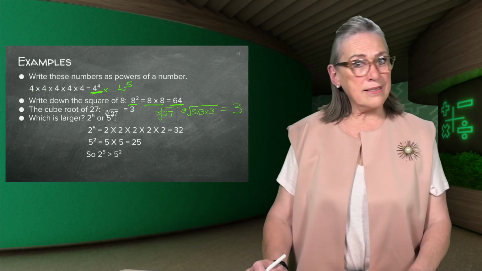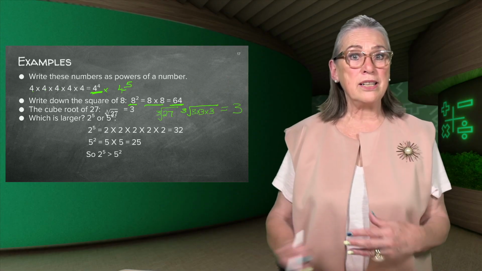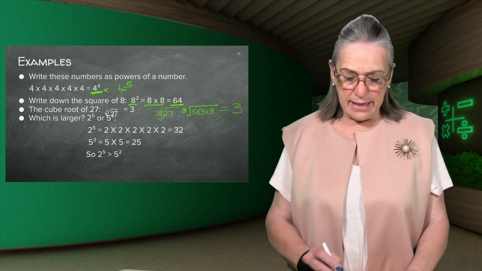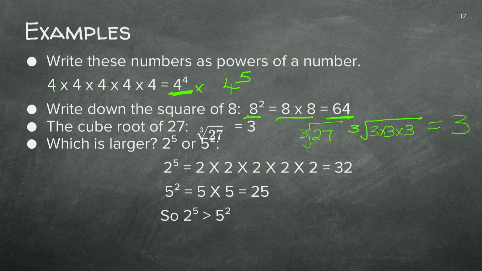Now they ask us, they're getting smart now. Now they ask us which one is larger. That's very easy. We're just going to work it out. They ask us which is larger, 2 to the power of 5 or 5 to the power of 2. Can you see there? It's 5 to the power of 2. Which one is larger? So we're going to take this challenge, right?